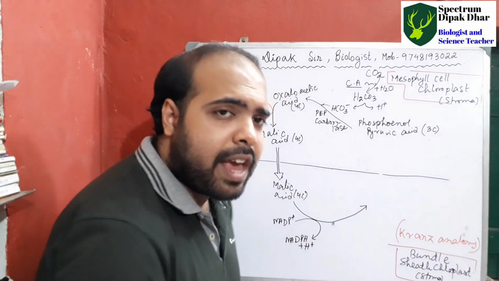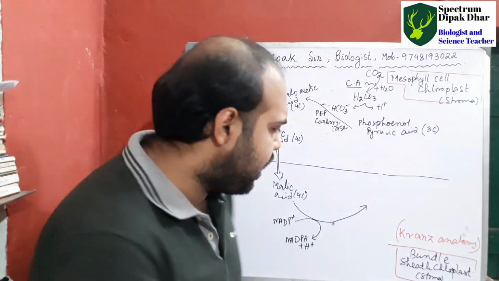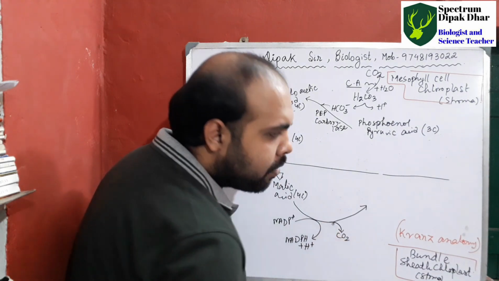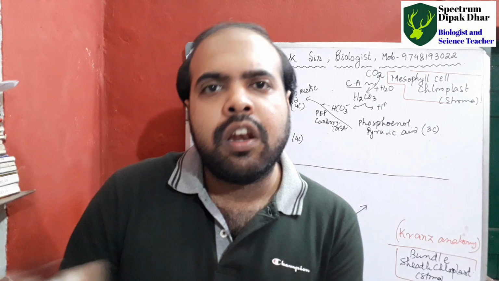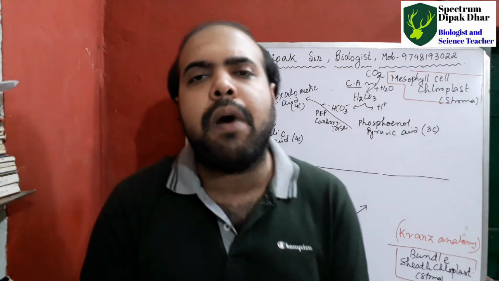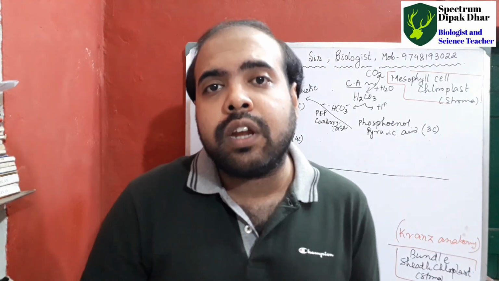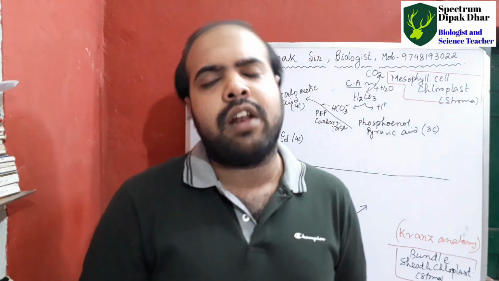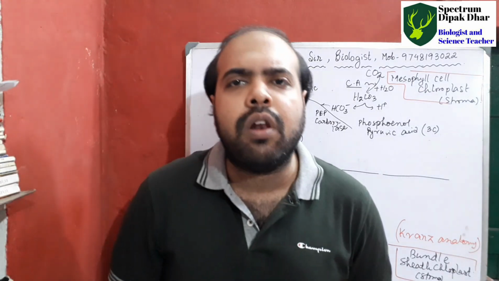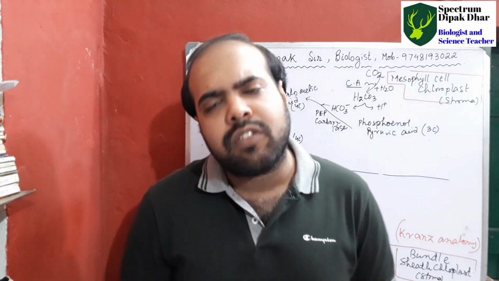That means the NADP is accepting the electron from the malic acid, as well as a carbon dioxide will be clipped off, will be released from the malic acid. So the compound which will be formed after the oxidative decarboxylation will be a 3-carbon molecule, and the molecule is none other than pyruvic acid. Pyruvic acid is a 3-carbon molecule which you will obtain after the oxidative decarboxylation